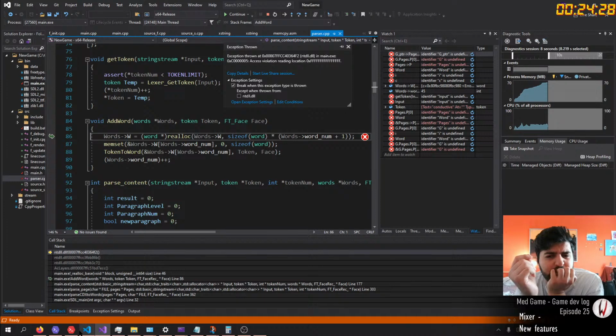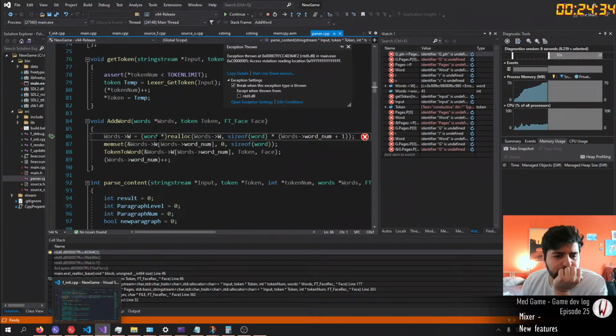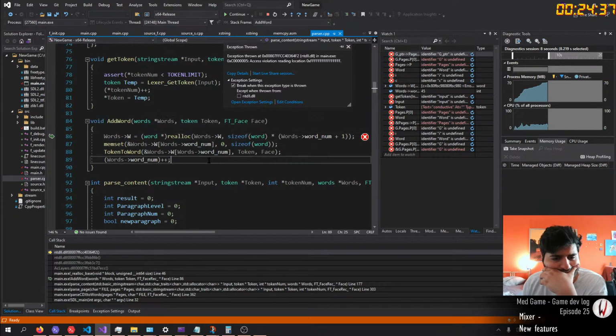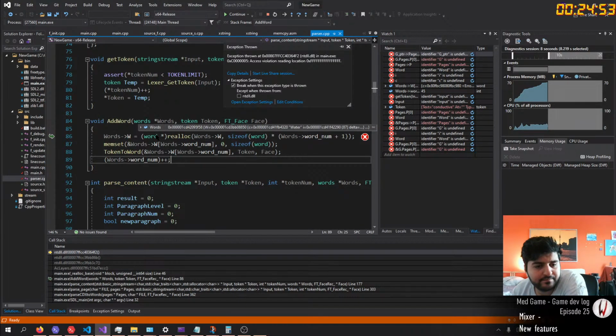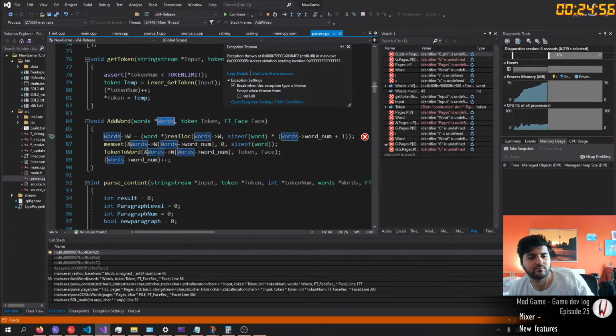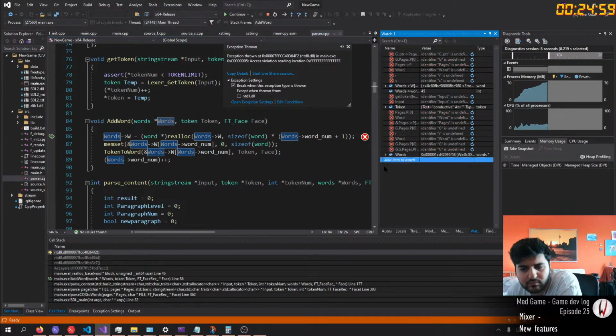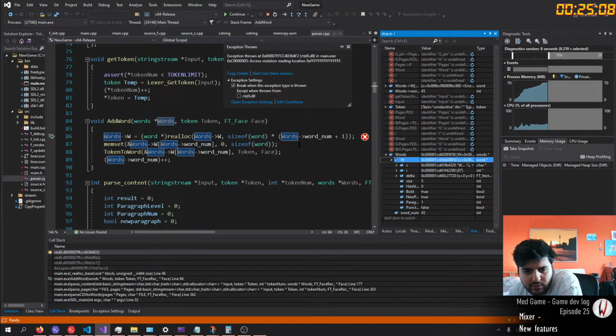What? What location are you trying to access?